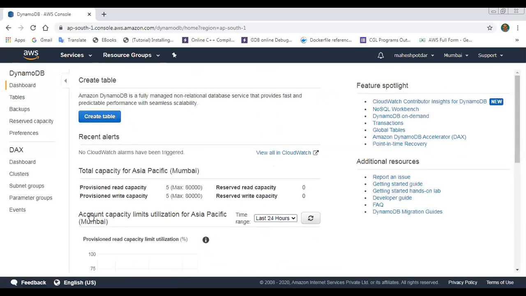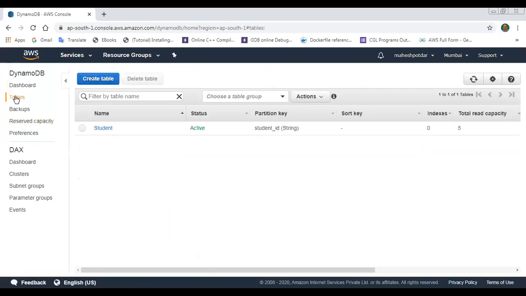This is the DynamoDB dashboard. It provides you the idea of the tables created. So I have created the table. Let us see the tables. I have just created one table for a demonstration, and the partition key is required at the time of creating the table.